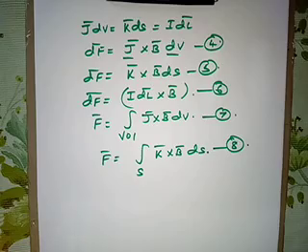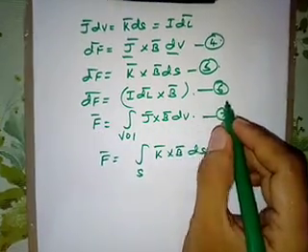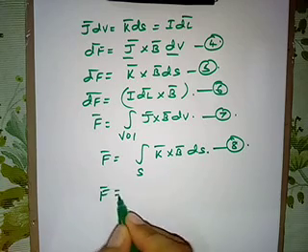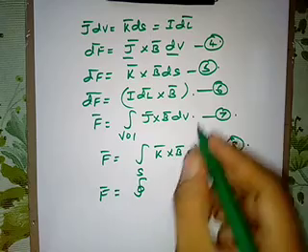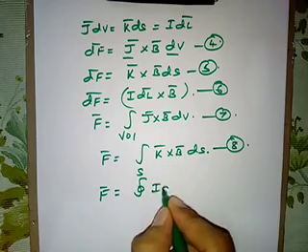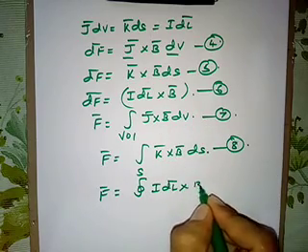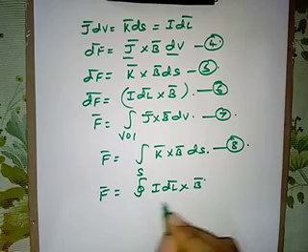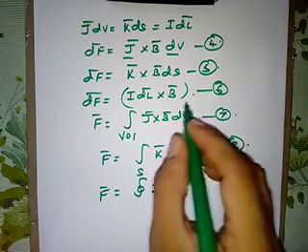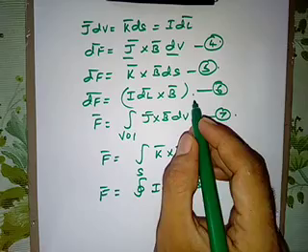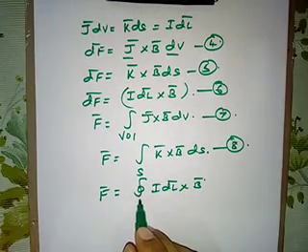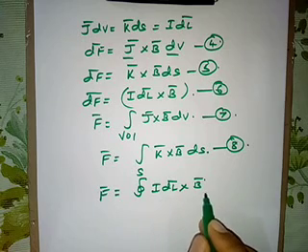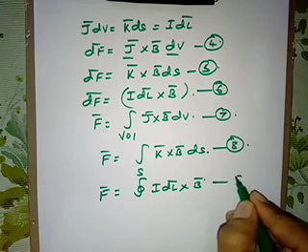Similarly, integrating equation 7 over the line element, we get F bar is equal to the closed path integral of I dl bar into B bar. This is how we got this equation. If we integrate over the line element, then we get F bar is equal to the closed path integral of I dl bar into B bar. Take it as equation 9.